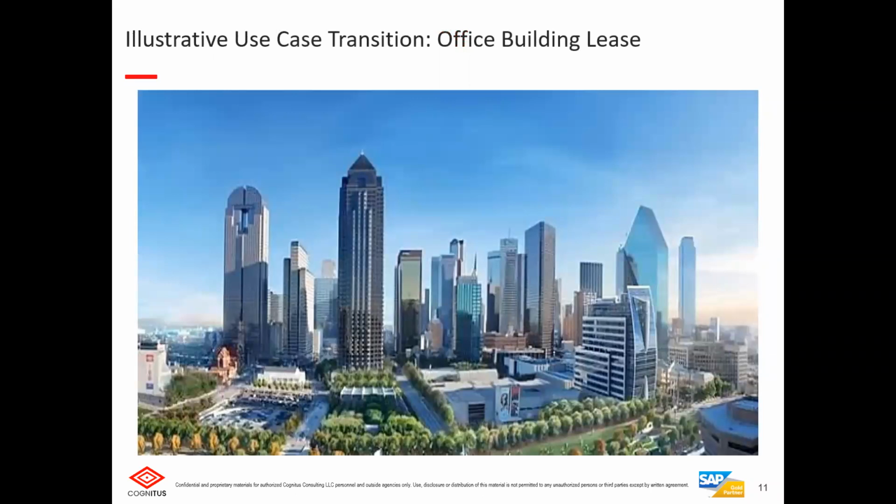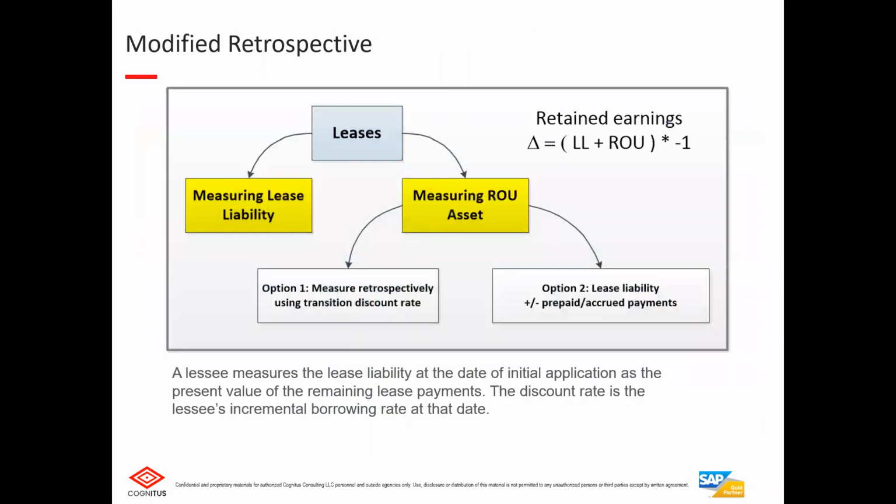We'll take one example, leasing a building, one floor in any downtown area, something like that. So how do you want to bring the data? We have a modified retrospective method: modified retrospective with retained earnings, and modified retrospective without retained earnings. So these are the two methods we have. And the thing here is, in this example,